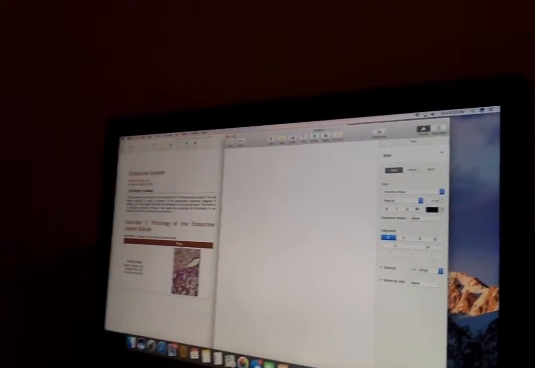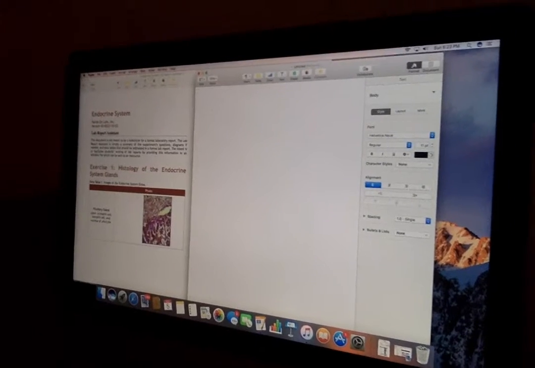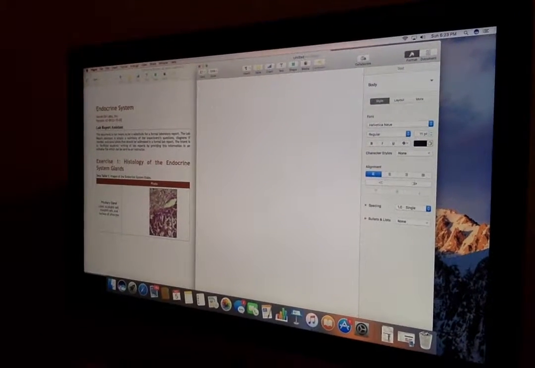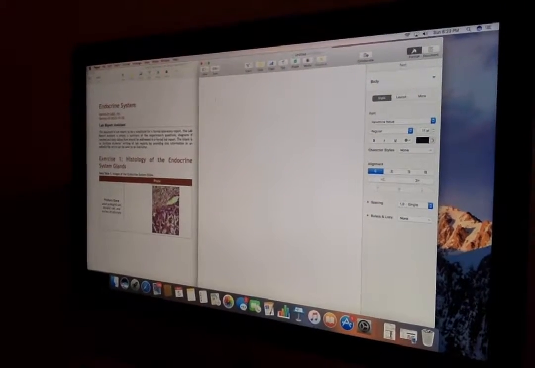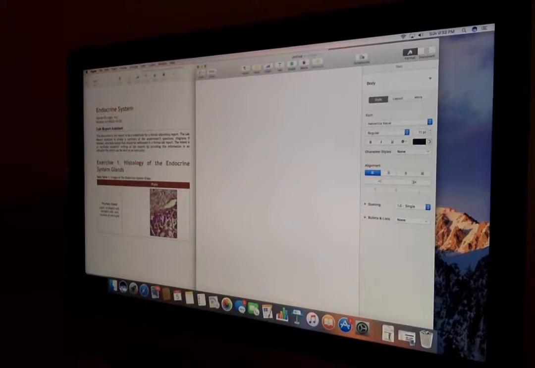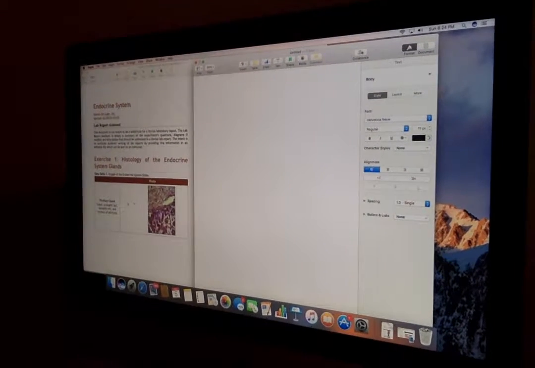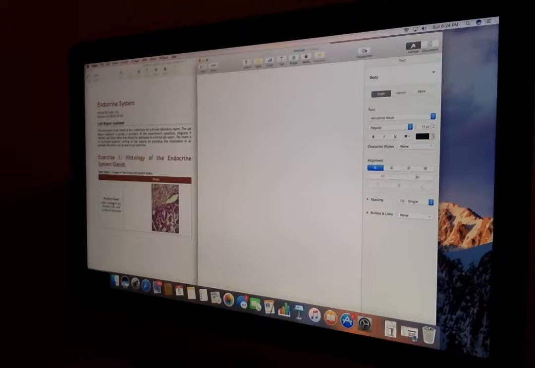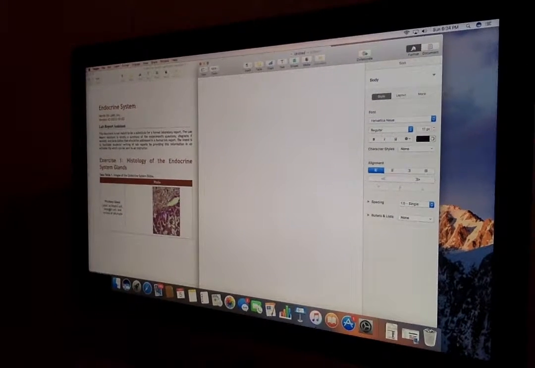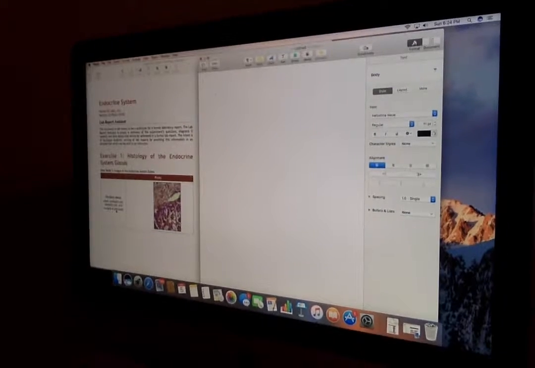So if we look over here, this is part of one of our assignments. This is an image of the pituitary gland. This is the anterior portion of it. This is the posterior portion of it. So on here, we need to digitally label these structures: the acidophil cell, basophil cell, and the nucleus of a